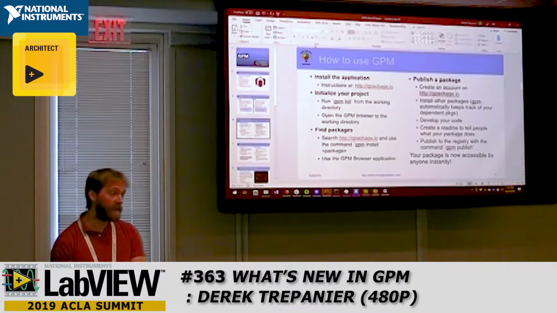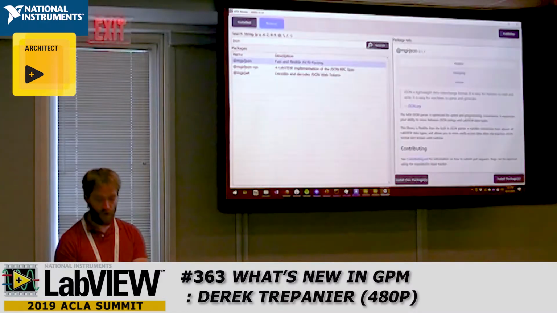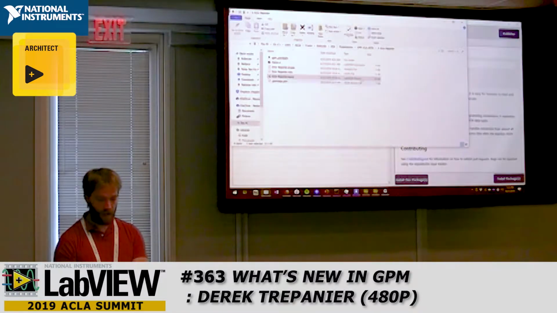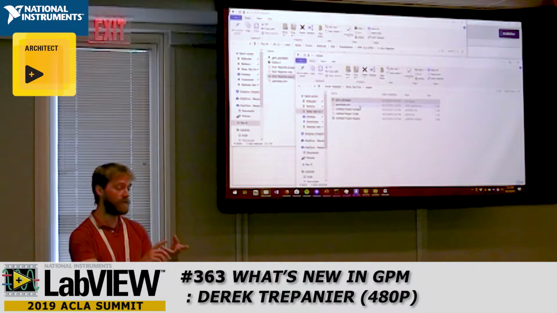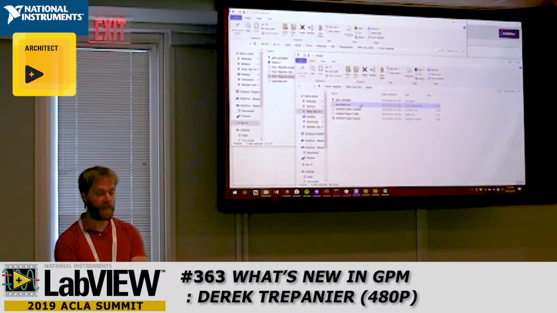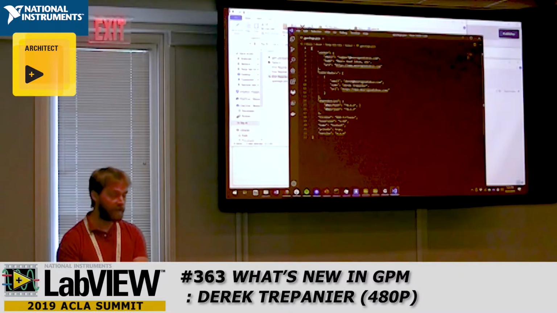Then the other thing that you can do is when you make code that you want to publish to the world, you can use the publisher. So the way all this metadata is stored, let's go over here. As I was doing GPM init and GPM install, what's happening is there's this gpackage.json. It's just a plain old text file that's being created and modified on your